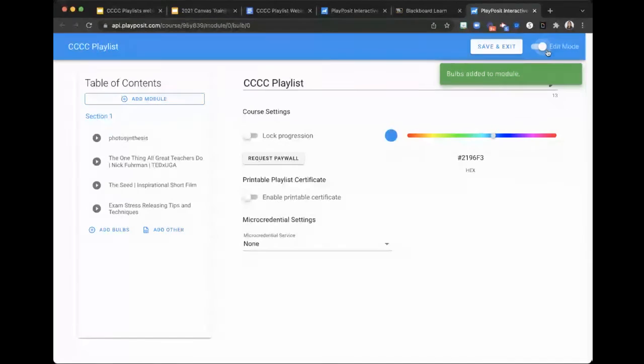Maybe it's just 4 for right now, but something to know is that there's not going to be a limit on how long your playlist can or can't be. So if maybe you just want 1 bulb included in your playlist, because maybe you have a bunch of resources that you want to provide learners with, and especially want that certificate piece, totally fine. I see partners do that all the time. If you have a few bulbs for the rest of the week, feel free to add those too.